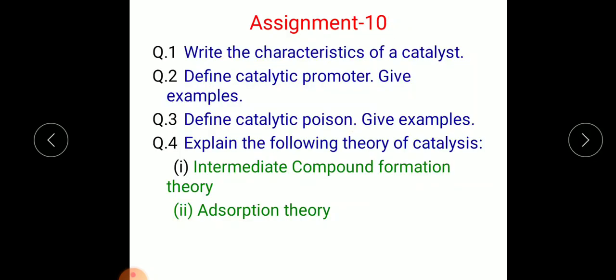Now today's assignment 10. Question number 1, write the characteristics of a catalyst. Question number 2, define catalytic promoter and give examples. Question number 3, define catalytic poison and give examples. Question number 4, explain the following theories of catalysis: intermediate compound formation theory and adsorption theory. So complete this assignment and send it in my